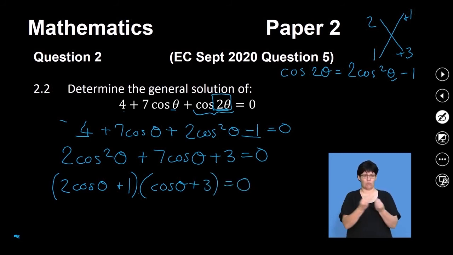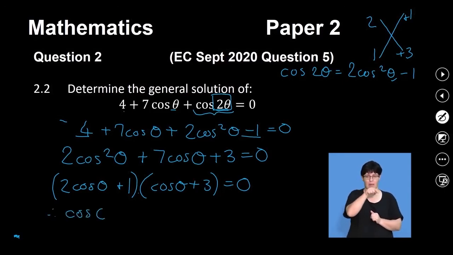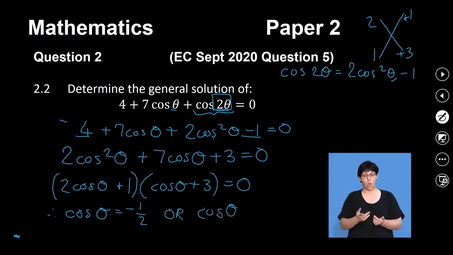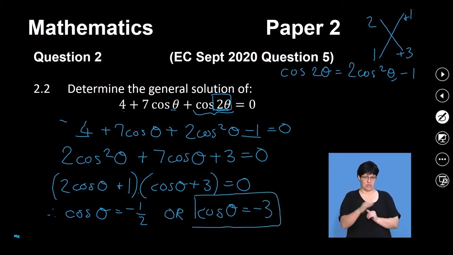So now I've got the product of 2 factors being equal to 0, which means that one of those factors must be equal to 0. So therefore, cos of theta must be equal to -1/2, or cos of theta must be equal to -3. So let's just look at that solution. Okay, so we know that cos of theta never goes above 1 or below -1. So if we just remember what the function looks like